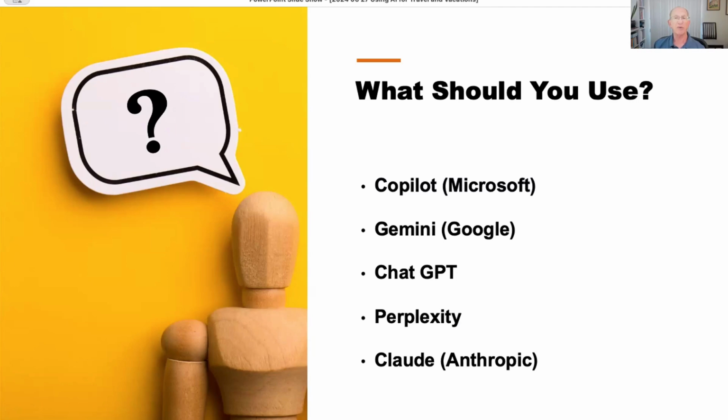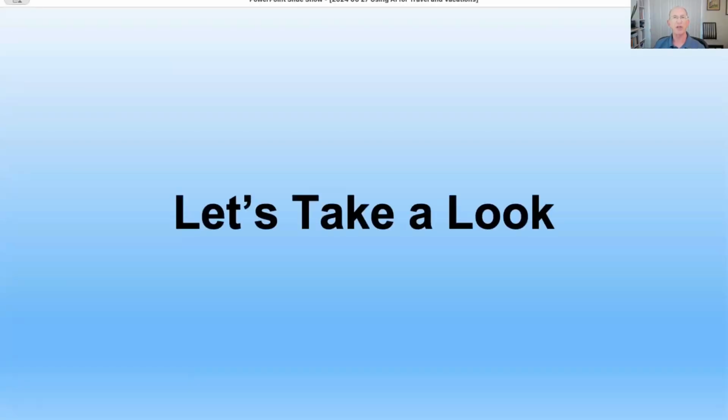Copilot obviously will search the web. ChatGPT searches the web. Perplexity goes out to the web. Claude, Anthropic. So they're all pretty good. So if you're using one already, there's no real reason to change and try something different. They'll give you some good information. They have a lot of data on particular places and what are great places to visit. And we'll take a look at how it compares to a travel app that's integrating AI and how they've done it. Okay, so let's take a look and see.